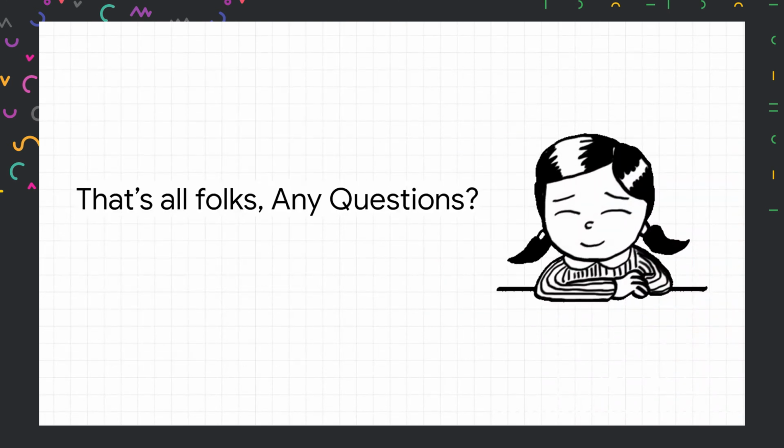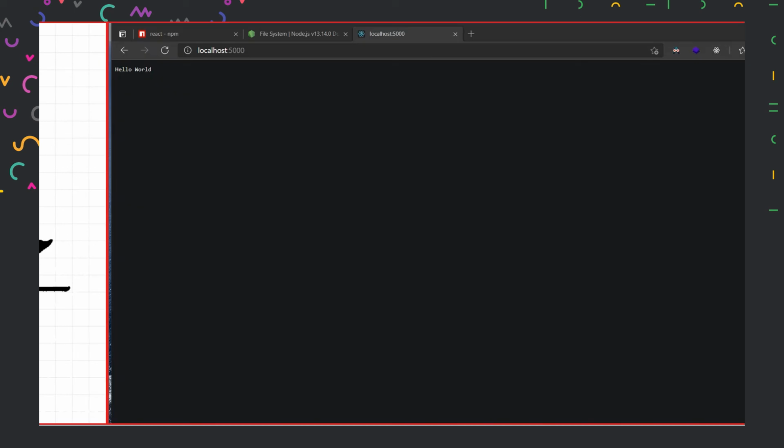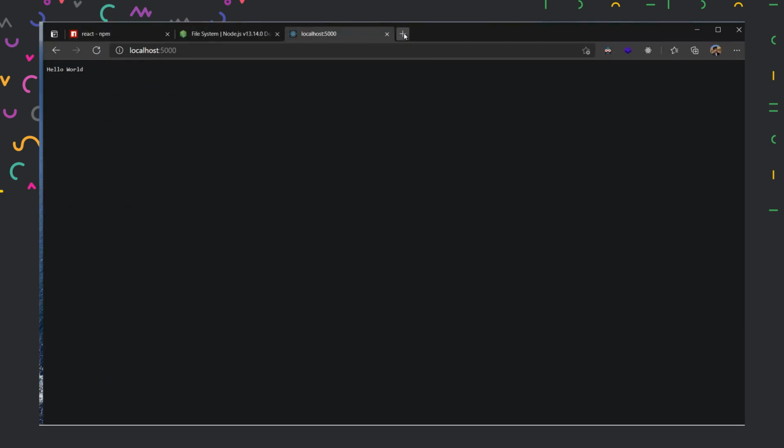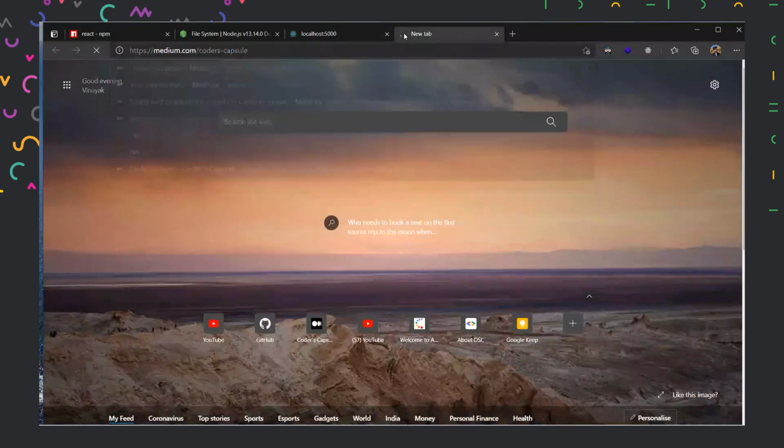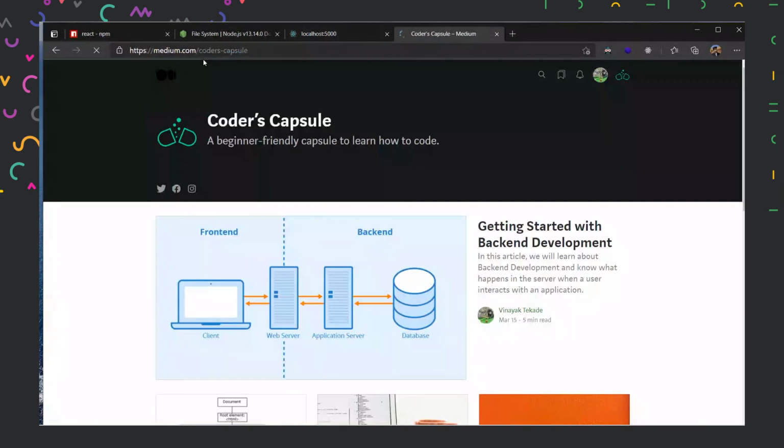All right. It is obvious that all these things need to be done by you first, and only then will you have many questions in your mind. If you want to do this, just head over to Coders Capsule on Medium. All the things which I have explained now are present in my personal blog called Coders Capsule.